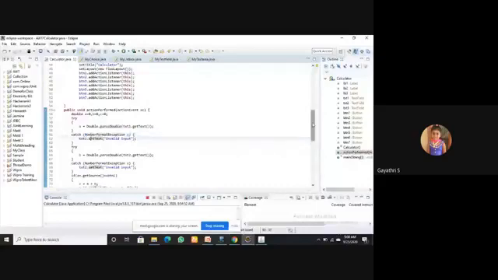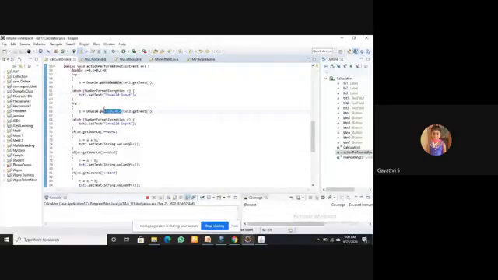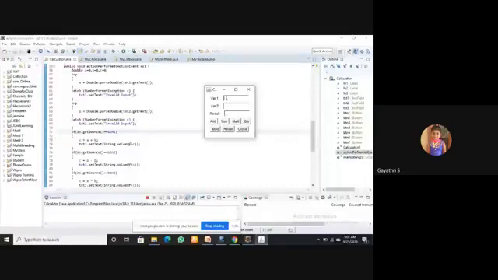Next, the second text. Here also a user can enter the second value, which is also converted into double and stored in b. Next c, which is about the result. The user doesn't enter any value for the result.